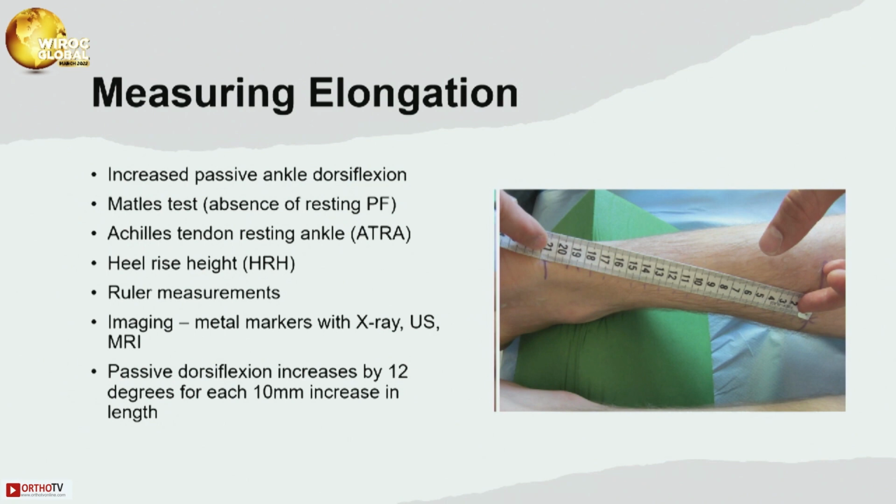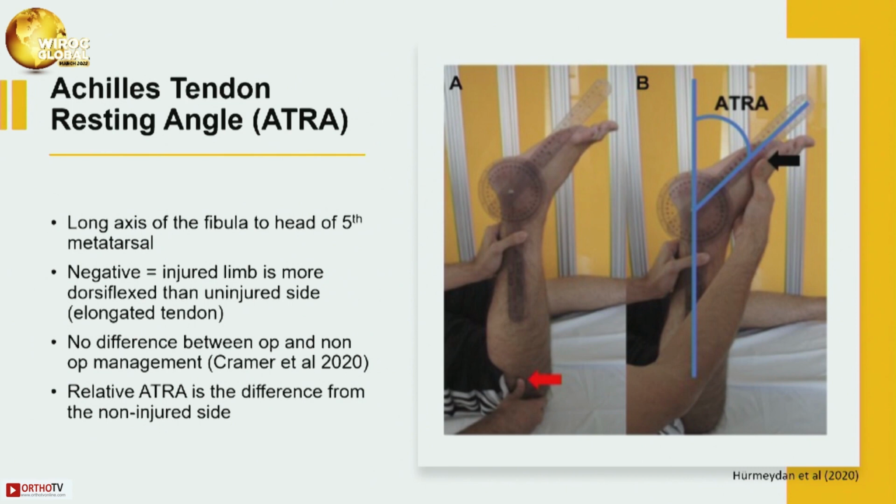Interestingly, if you want to correlate passive dorsiflexion to the amount of lengthening, passive dorsiflexion increases by about 12 degrees for each centimeter increase in length of the Achilles tendon. And this is that measurement I referred to as the Achilles tendon resting angle, is by far the most commonly used metric in the literature to look at Achilles tendon length. And this is how you measure it. But basically, the injured limb is more dorsiflexed than the uninjured side, with the patient in a prone position with